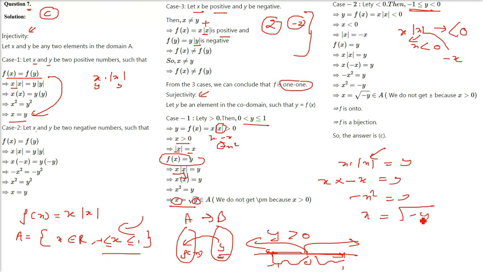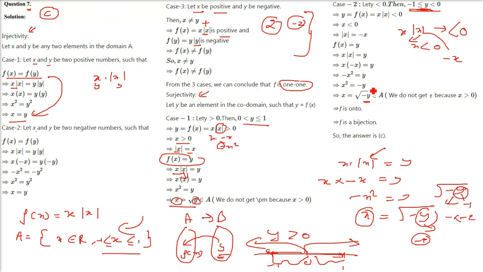Okay. So this is a problem. Under root minus y. So this goes to a complex number. No, it doesn't go. How? Because we already are saying y is between -1 and 0. Y is negative because any value between -1 and 0 is negative. So you have y as negative, and since there is already a sign negative, it will make it positive. Minus into negative, y is a negative value. So minus minus becomes plus. So again, every value of y is going to give you a proper value of x.